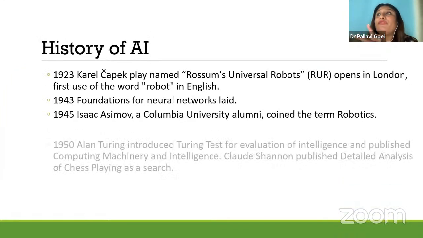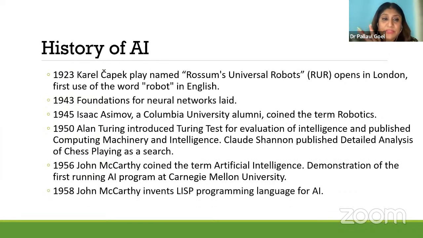So this is the history of artificial intelligence. In 1923, Karel Čapek's play Rossum's Universal Robots opens in London, the first use of the word robot in English. 1943, the foundation for neural networks is laid. 1945, Isaac Asimov, a Columbia University alumnus, coined the term robotics. 1950, Alan Turing introduced the Turing test for evaluation of